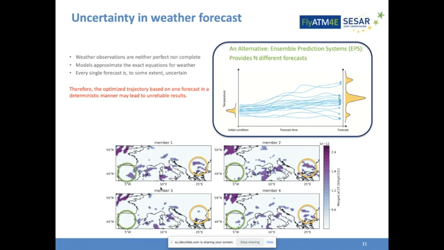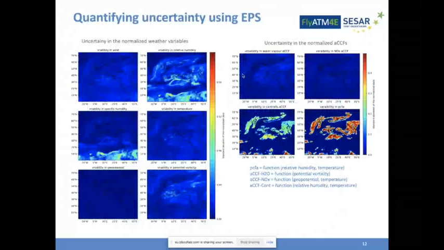So how should we quantify the uncertainty? Ensemble prediction system provides us with n different forecasts, normally 15 to 100. And we can use them to consider the range of uncertainty and employ it in our proposed trajectory planning. Here is the quantification of uncertainty using